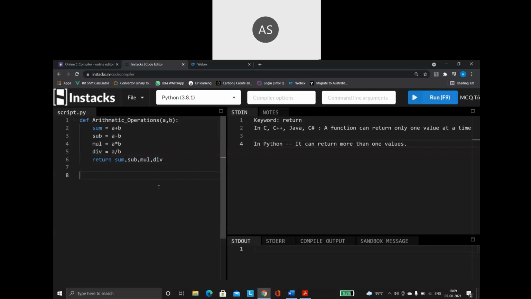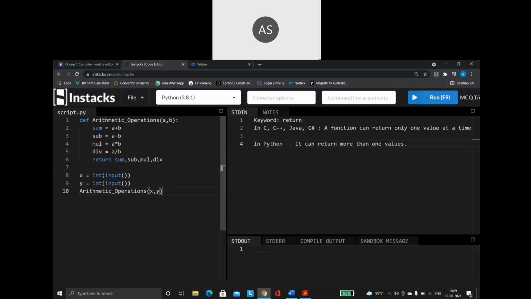So let us start writing our main function. I'm going to say x is equal to int of input, to get the first value. Then I'm going to get the value of y: y is equal to int of input. Then I'm going to call this function by passing x comma y.